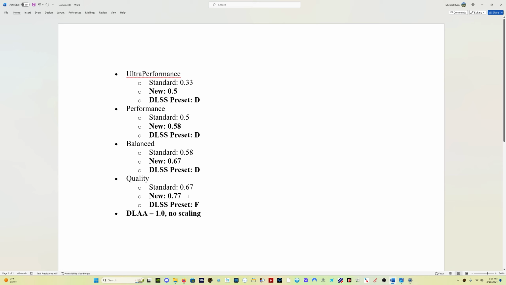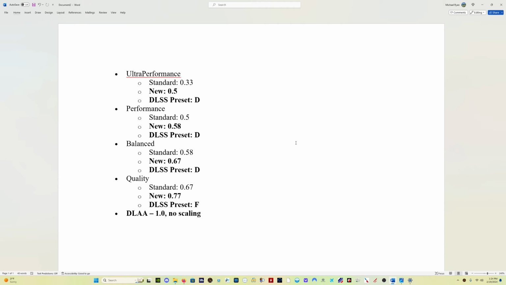Okay? 0.77 is the ultra quality setting. So what you're going to get in the end, you're still going to have these 4 names. You're just going to have to remember that they're all stepped up. One, that this is ultra quality, not quality. This is quality, not balanced. This is balanced, not performance. And this is performance, not ultra performance. That's the only difference in this process and the process using NVIDIA